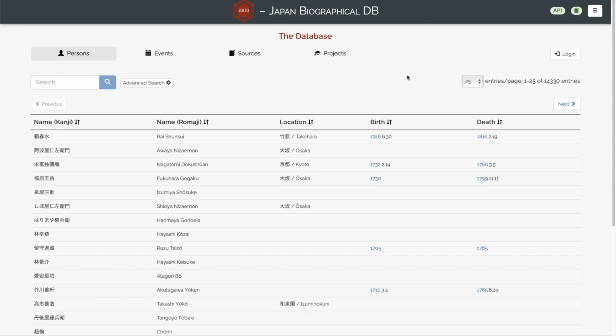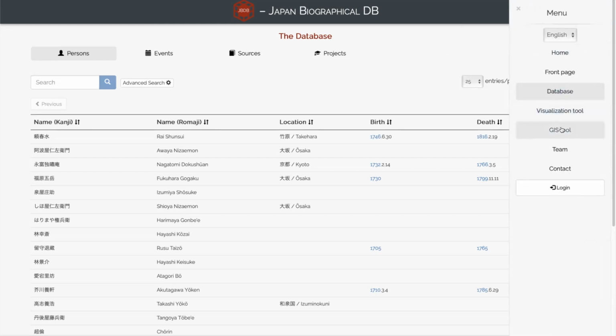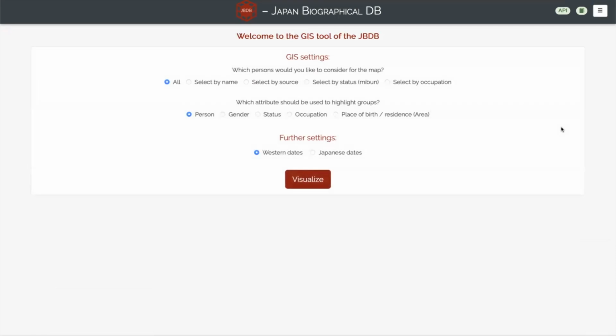In order to access this tool, let's say we start at the database view of the JBDB. Opening the menu on the top right, we now select the GIS tool here. This opens up a settings page similar to the one we already know from the network visualizations. So up here, we have the same seed person selection methods as before, but the further settings down below are